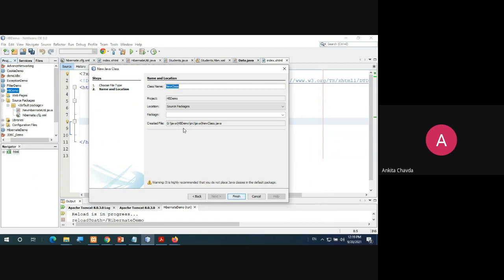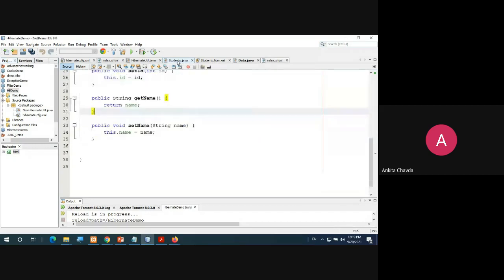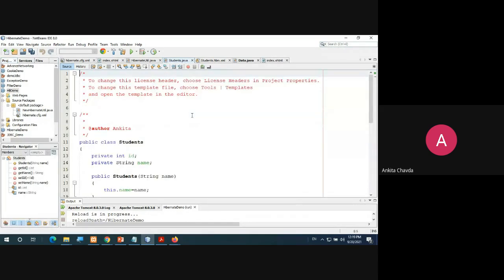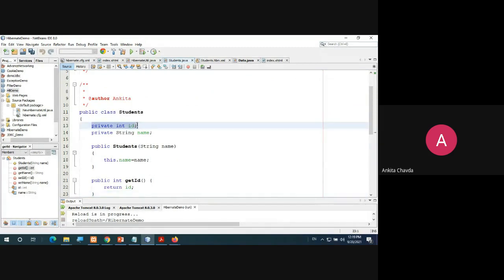In this Java class you can give the name Students, because I want to have the student details, so I'll give the Students.java file, right? Once you finish, I'm already having it. Here you have this private integer ID, string name. These two things you have taken.